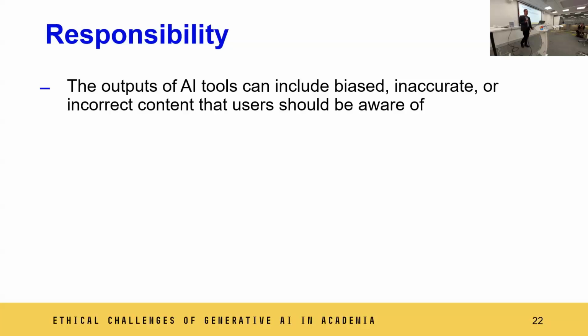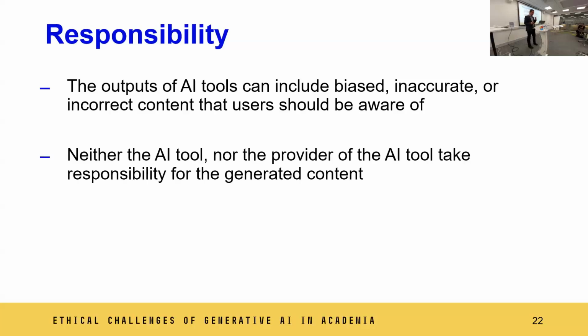We also know that the outputs can include biased, inaccurate, or incorrect content that users should be aware of. So it puts much more emphasis on responsibility. There are now already the disclaimers that you should not trust the content. ChatGPT or the other models say that it may hallucinate, confabulate, or other things. So they don't take responsibility for the generated content. There is always a disclaimer that it's up to you what you do with the content, and you as a user